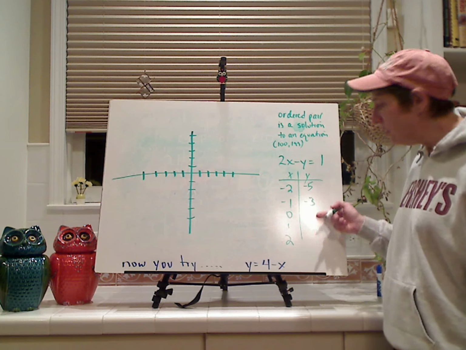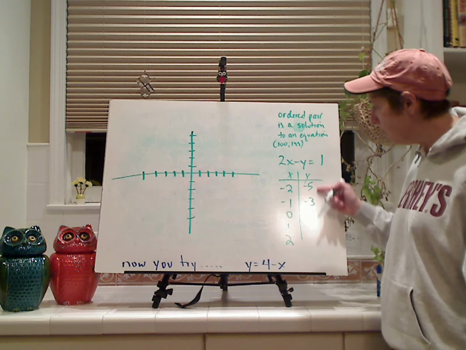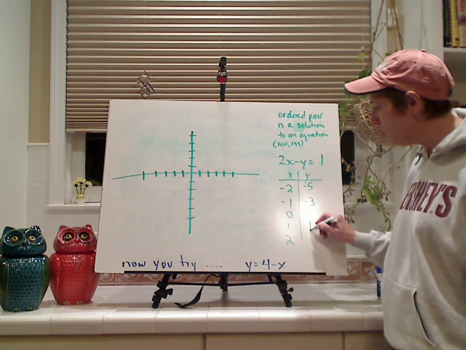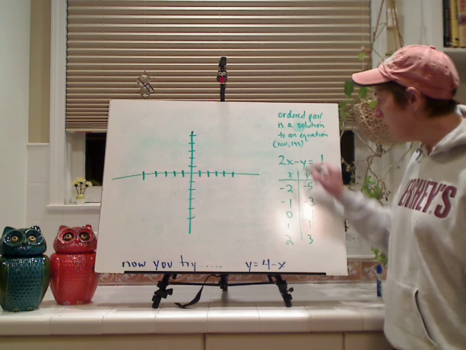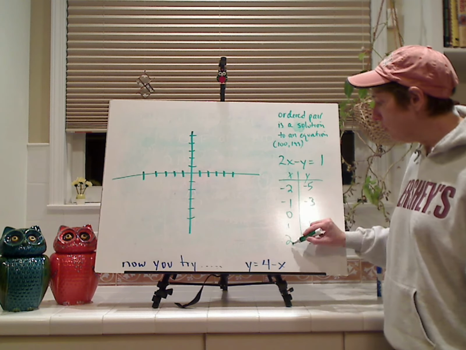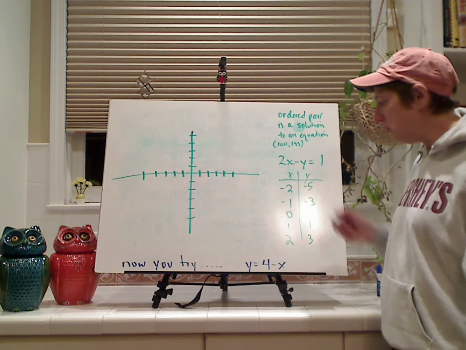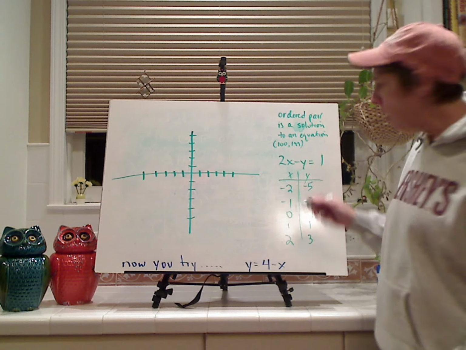So I don't even need to finish plugging these in. I can look at my pattern and know that the next number is 1 and the next number is 3. So I can check it by going 2 times 2 is 4 and 4 minus 3 is 1. Well, that's true. Now these are all representations